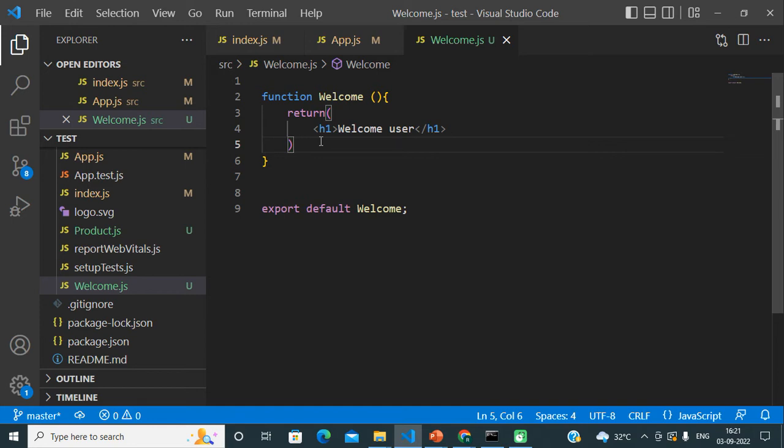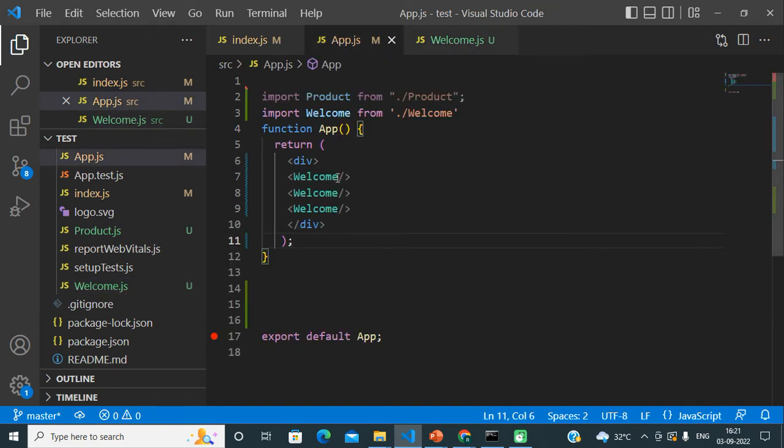Friends, to achieve that requirement we have to use the concept of props in React.js, so that each and every time we call this component, with the help of props we can send data to this component from outside, and then this component will render the data it is getting from outside. So how can we pass that data? While calling and rendering that component, we can pass a username.